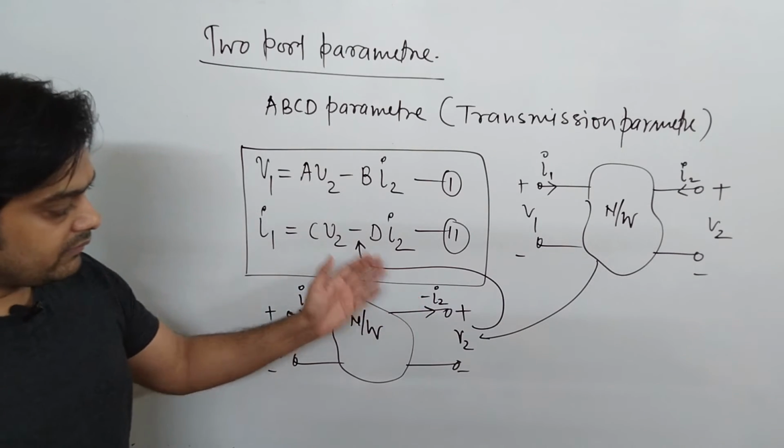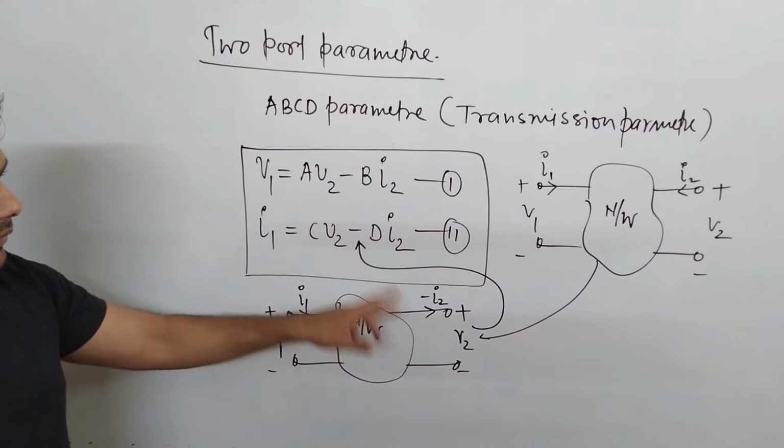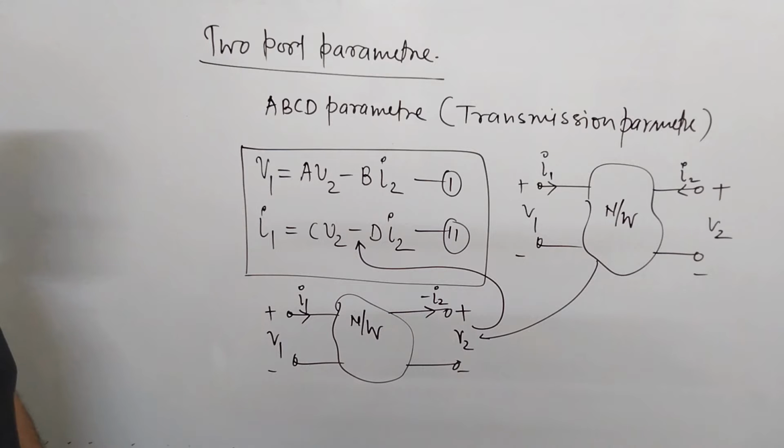Okay, so whenever this current is at the load side, you have to analyze those parameters in that terms. So that's why we have taken this current as minus of I2 here. Okay, just to understand it. Now once we solve it,